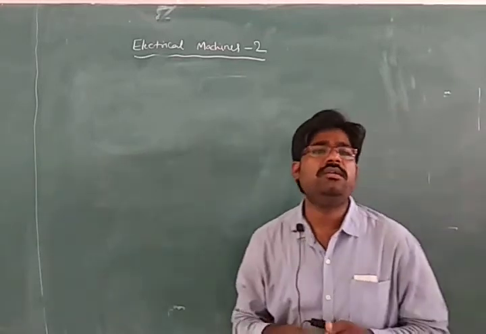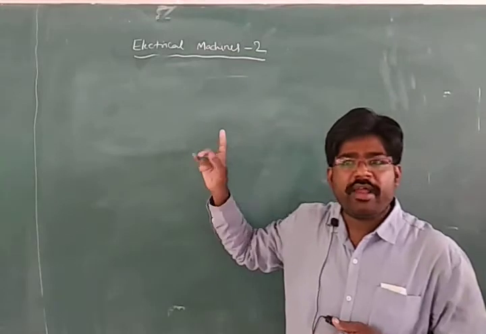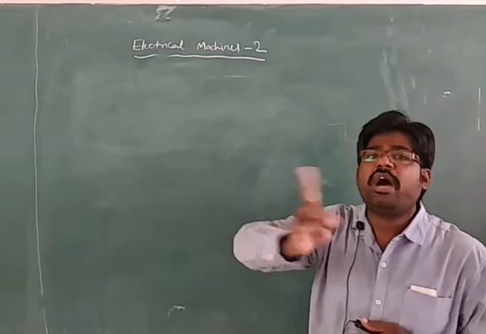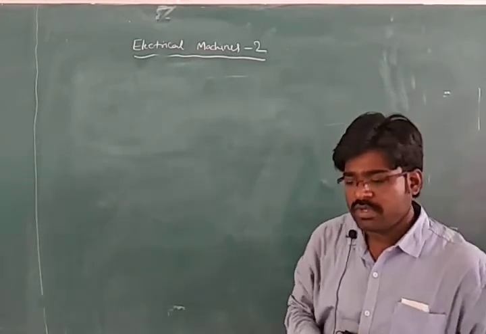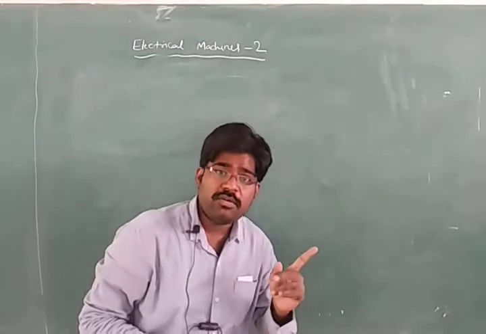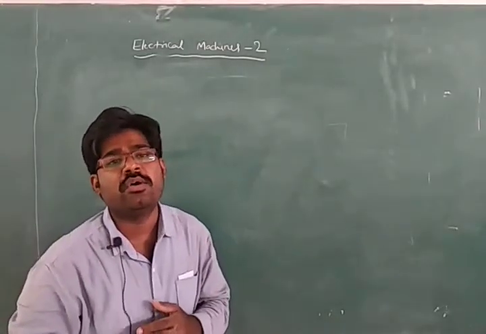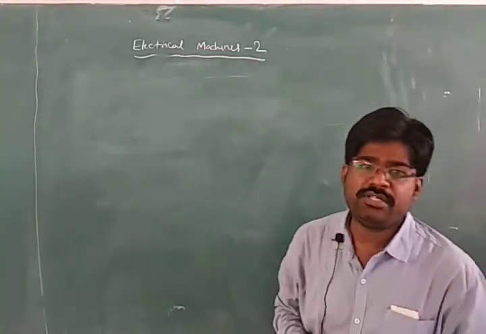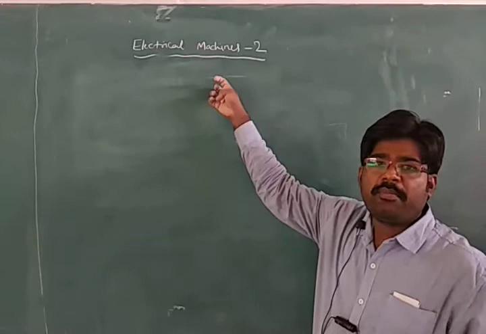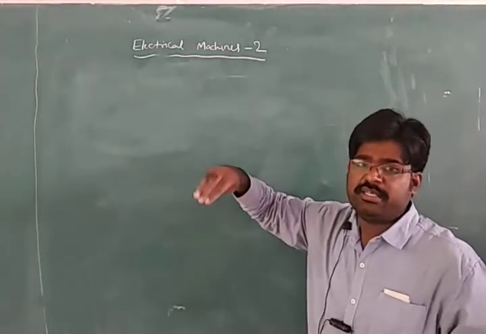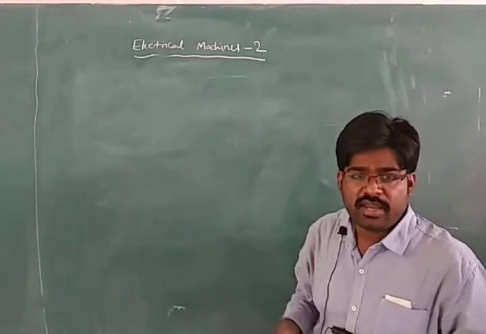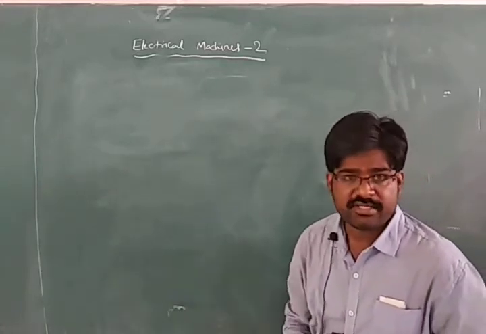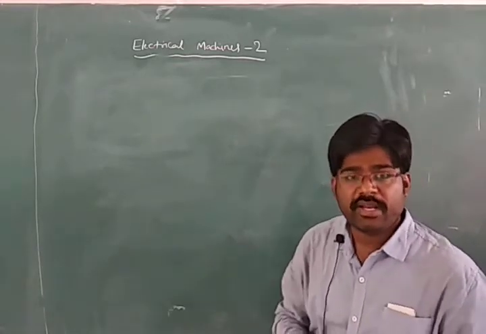Before getting into the point, I want to clear one thing: Electrical Machines 2 is the continuation of the Electrical Machines 1 subject, which you already studied in the previous semester. Electrical Machines 1 was all about studying DC machines, and Electrical Machines 2 is all about studying AC machines only. Here we will see what AC machines exactly are, how they are classified, their working principle, the different types, the different properties, and the different characteristics. All of those we are going to study in Electrical Machines 2.